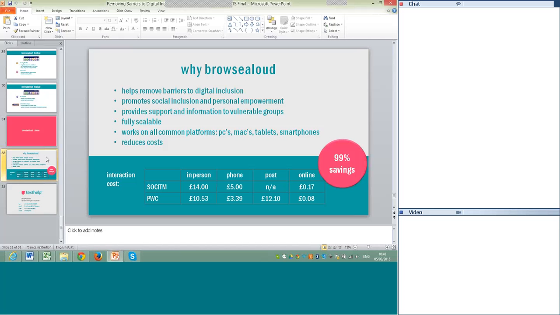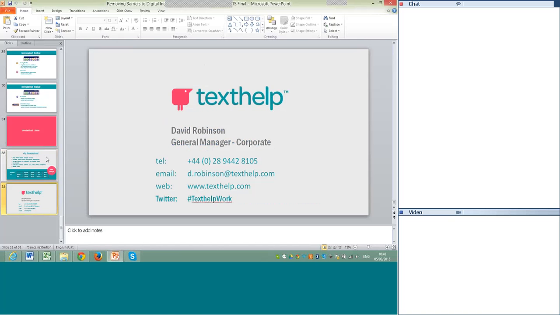It makes it easy for government websites and for businesses to actually do the right thing. So it should save money as well as promote inclusion. And I'm just going to leave my contact details on screen for you, so that's where you can reach me.